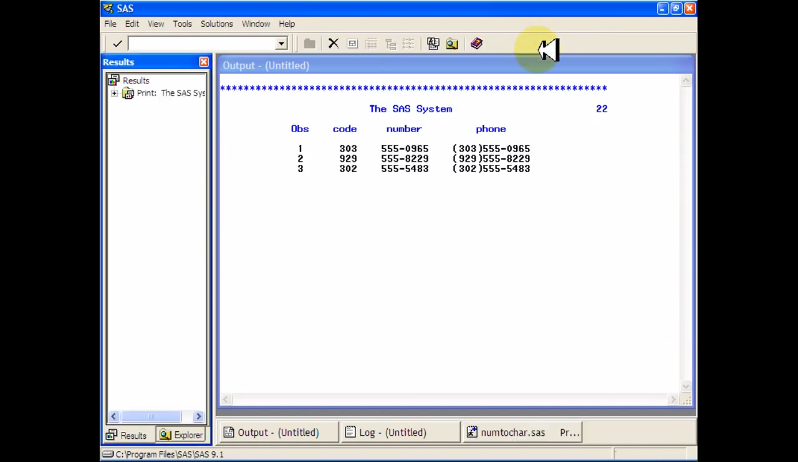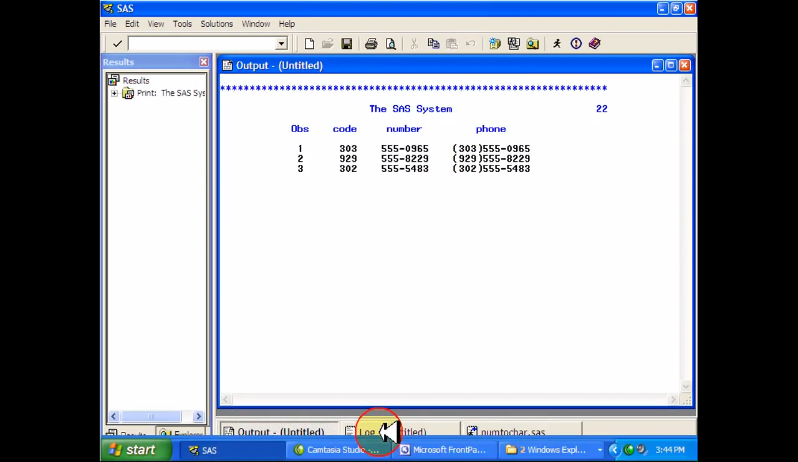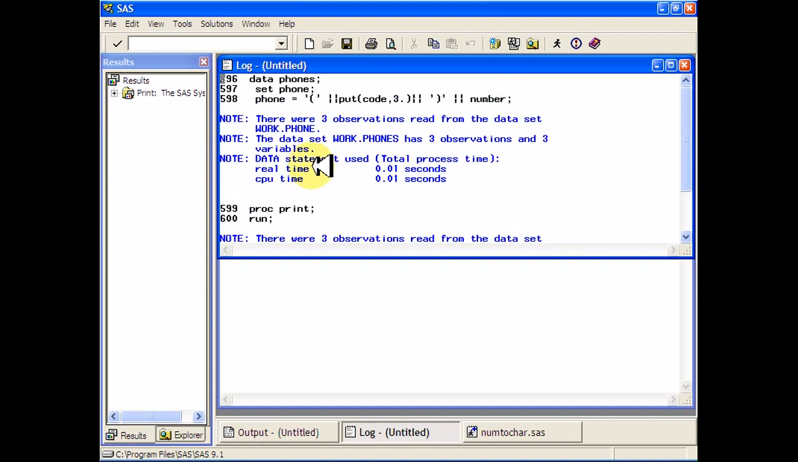And so now when I run this, things look a little nicer. Also, if you look at the log statement, it doesn't have any notes about automatically converting things because we explicitly